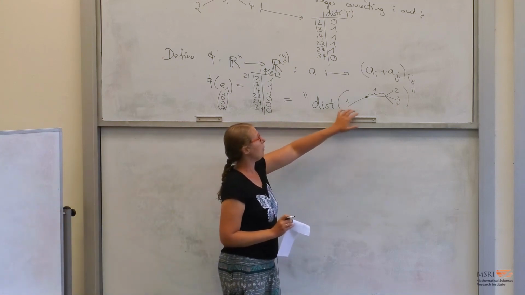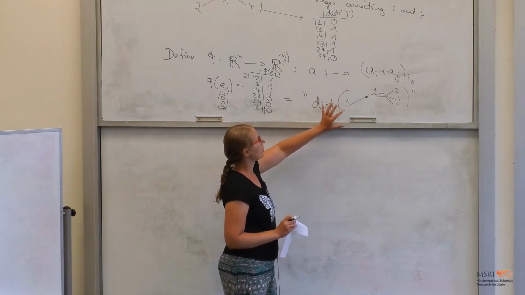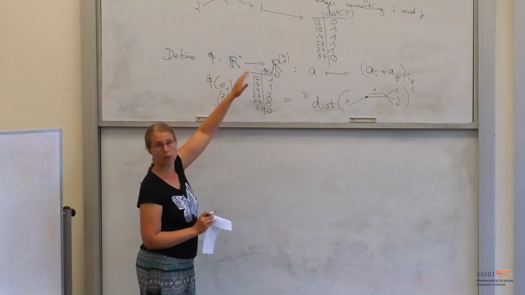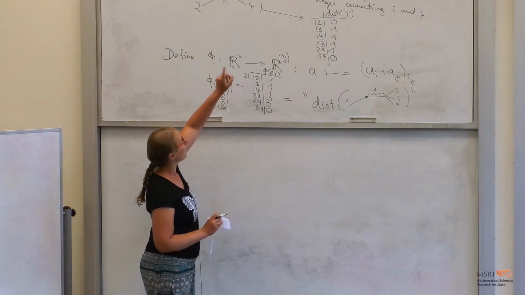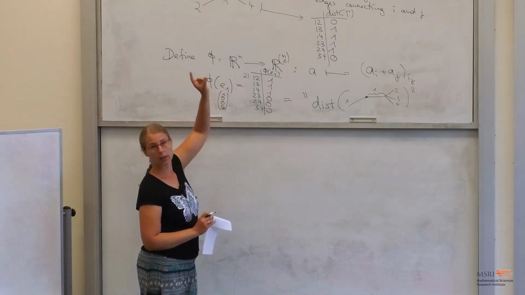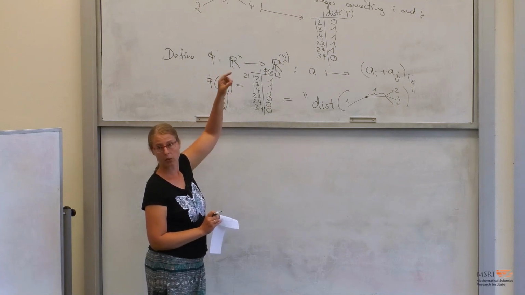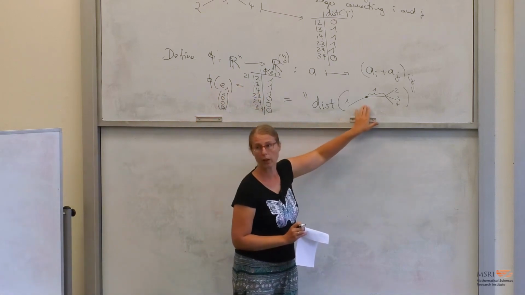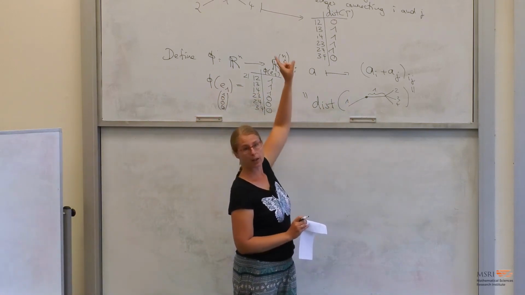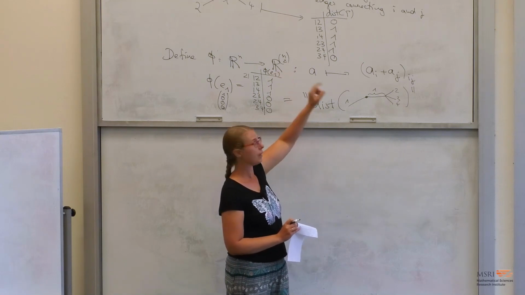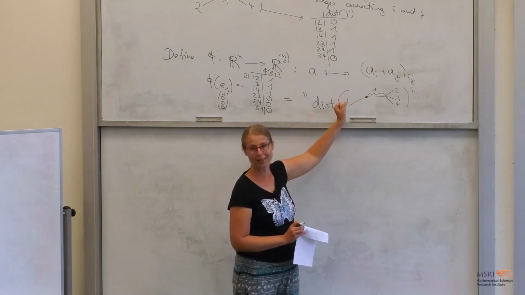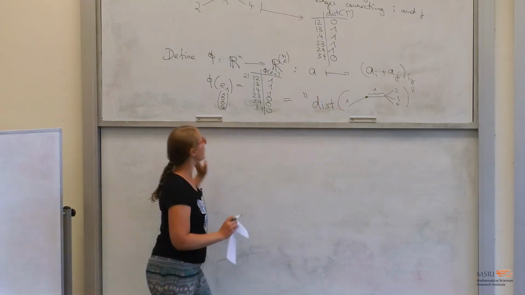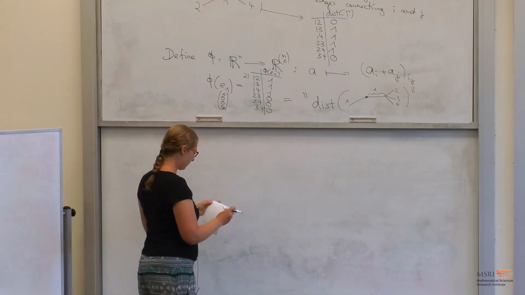And the reason why I make this comment is because I want you to realize that we're about to mod out the image of phi, right? To embed our M0n bar not in R to the n choose 2, but in R to the n choose 2 modulo the image of phi. And the reason why we want to do that is because we don't want such guys, right? So the extra thing that you have if you are in the tropical Grassmannian are possibilities to have length on the ends, which are not just infinity and which are not just ignored. Okay, so